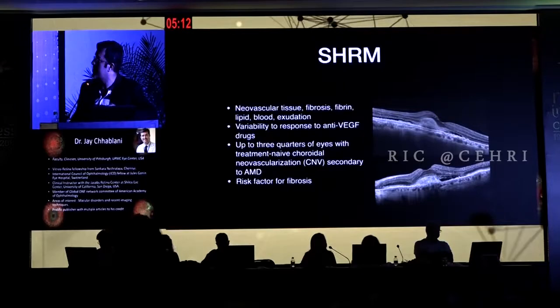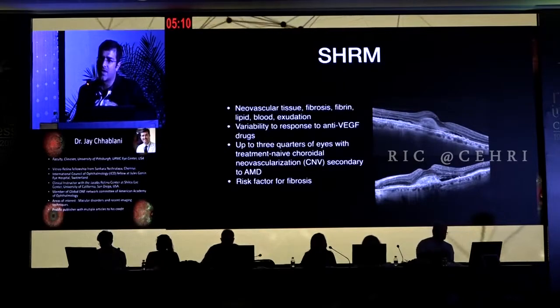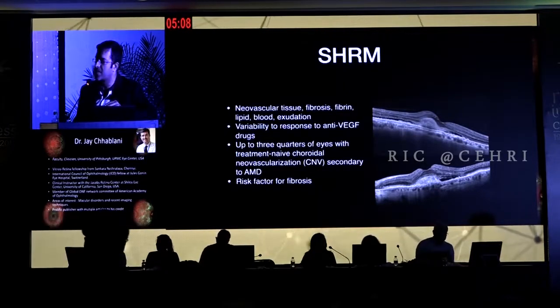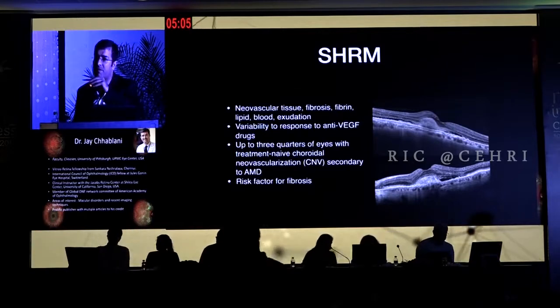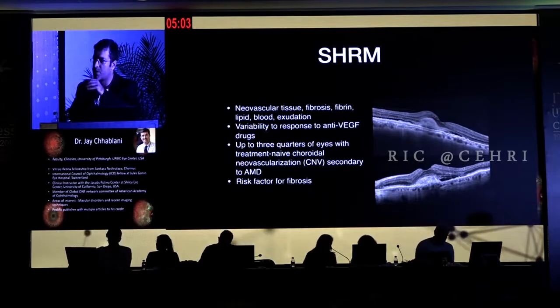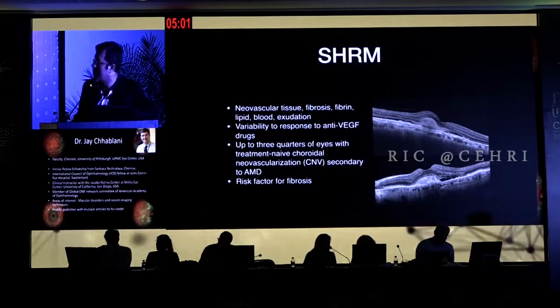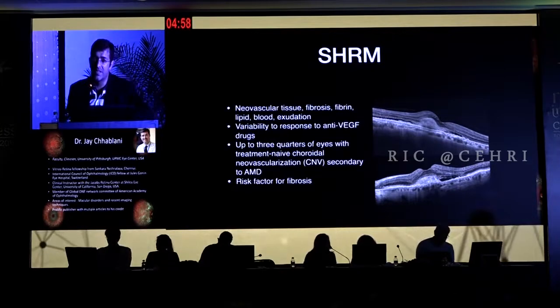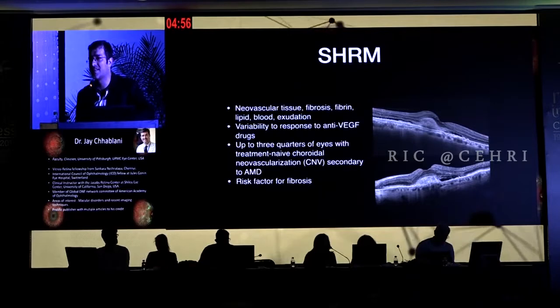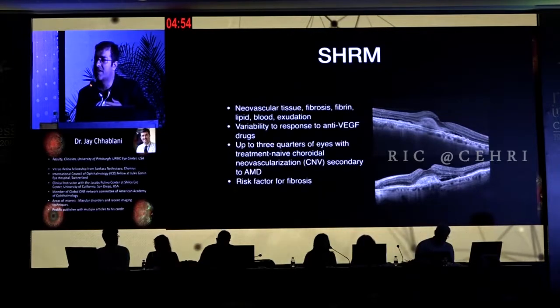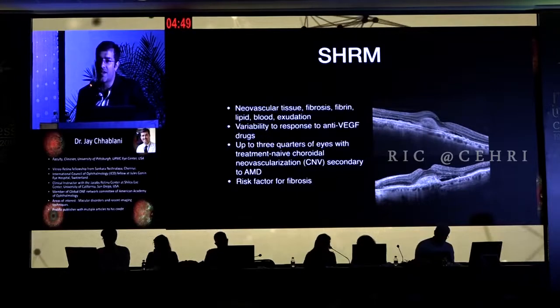So we did discuss SHRM, and we all know that SHRM could be a neovascular tissue or a fibrosis, fibrin, lipid, or a blood exudation. There is a variable response to various anti-VEGF drugs. However, the data is still not very supportive of which kind of anti-VEGF should be preferred in what kind of SHRM. However, as Vas also mentioned, the CATT study has already shown that this SHRM is the one which actually leads to the poor visual outcome in the long run,